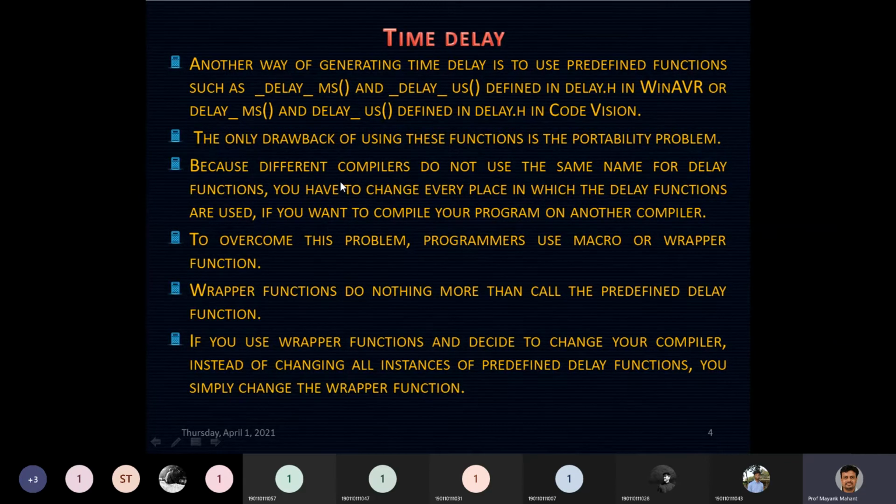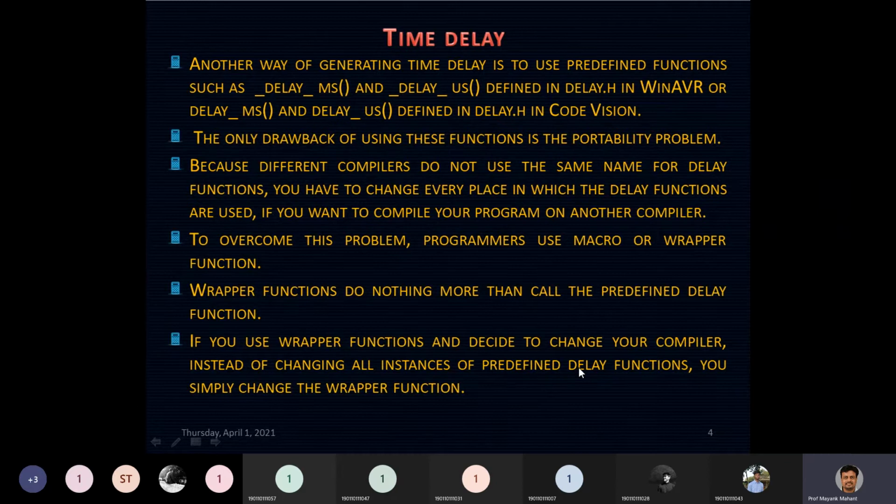The portability problem can be solved a little with the help of wrapper functions. A wrapper function is nothing but a renaming of the predefined delay functions. If you use wrapper functions and decide to change your compiler, instead of changing all the instances of the predefined function, you simply change the wrapper function.